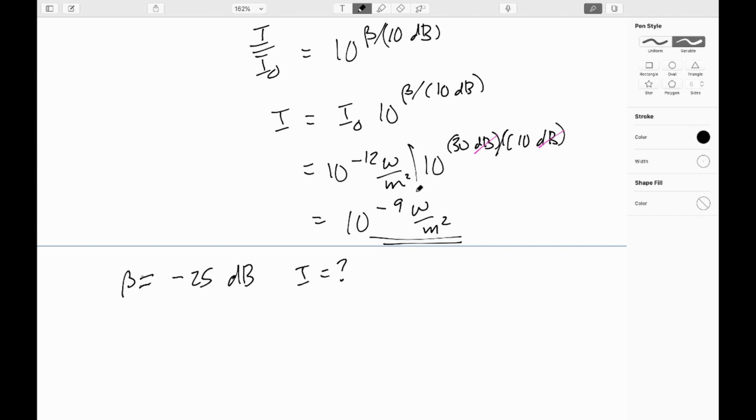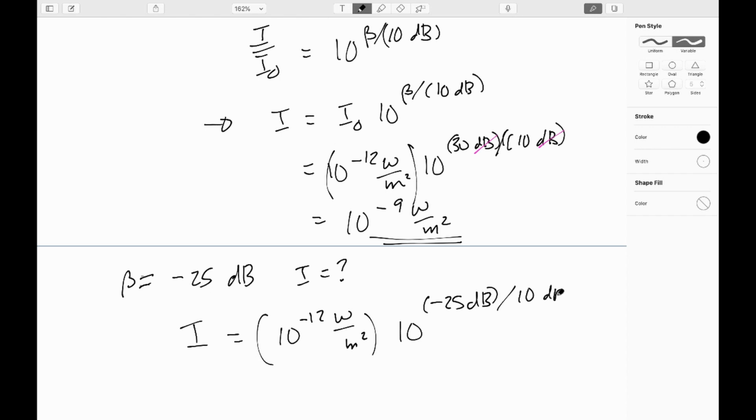So let's try to follow that through. Fortunately, the analysis is identical, so we can just plain steal that result and use it again. So I then will be equal to 10 to the negative 12 watts per square meter times 10 to the negative 25 dB